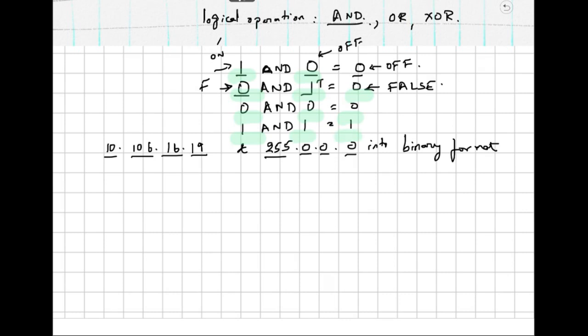You can also say 1 is an on switch and 0 is an off switch, so with on and off, the result is always off. You can also say 0 is false and 1 is true, and true and false is false. Similarly, false and false is false. Only 1 and 1 is equal to 1. So truth and truth is truth, or on and on will give only on. Let us convert the given IP address and the subnet mask into binary format and perform an AND operation on both of them.